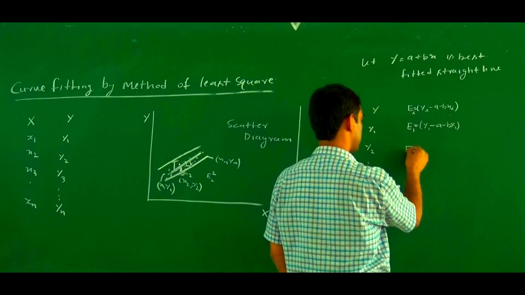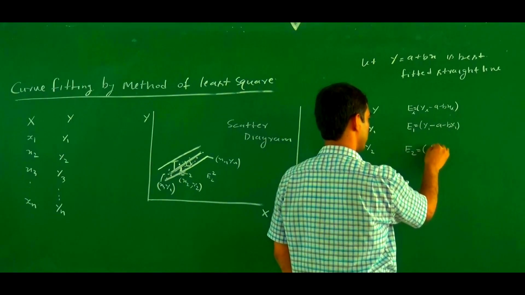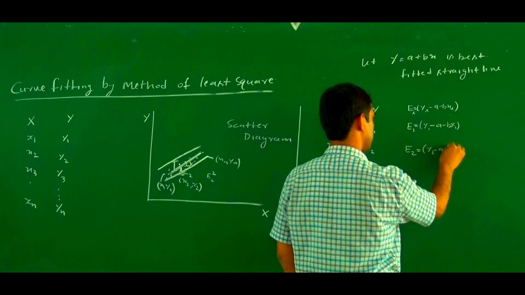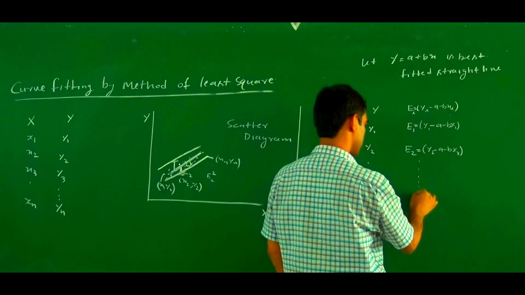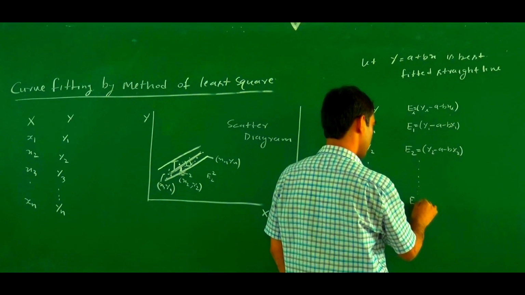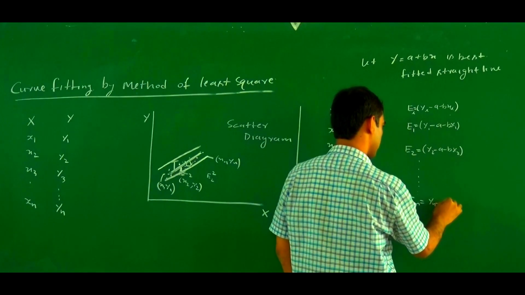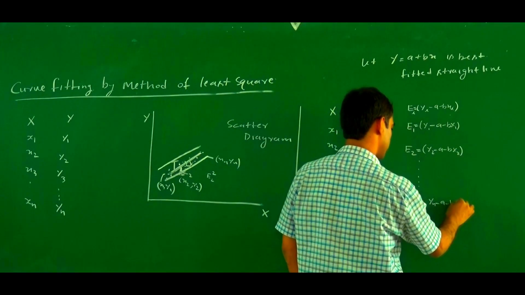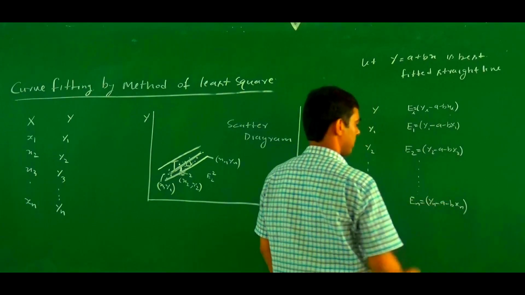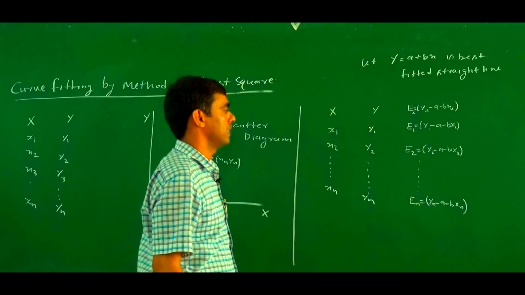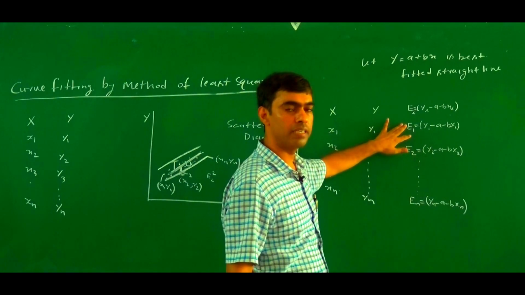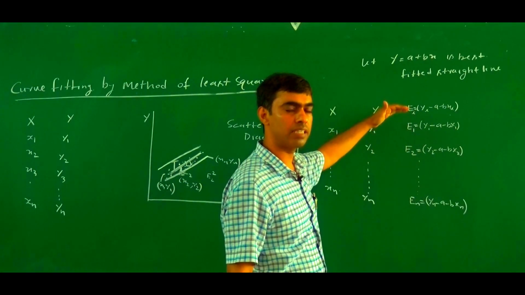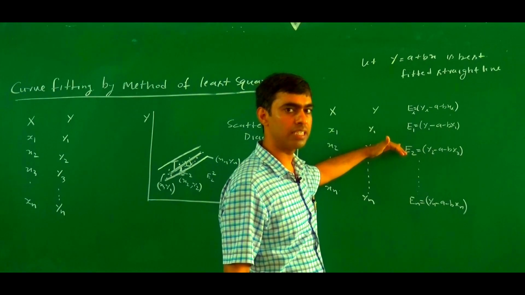Similarly, we find e2. e2 equals y2 minus a minus bx2. Similarly, what is en? en equals yn minus a minus bxn. But here maybe some points lie above the straight line, some points lie below the straight line,